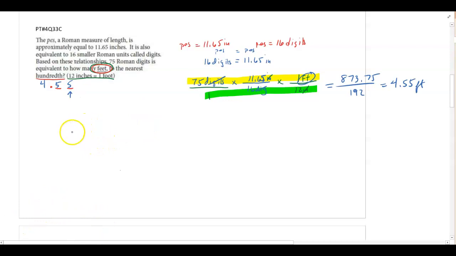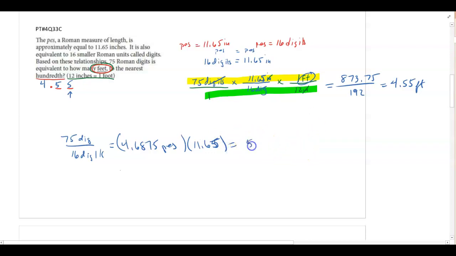Another way to quickly look at the problem is to say, if I have 75 digits, and right now one pez is 16 digits, I could say that 75 divided by 16 would tell me that I have 4.6875 pez. And if I take that and multiply it by the number of inches per pez, which is 11.65,